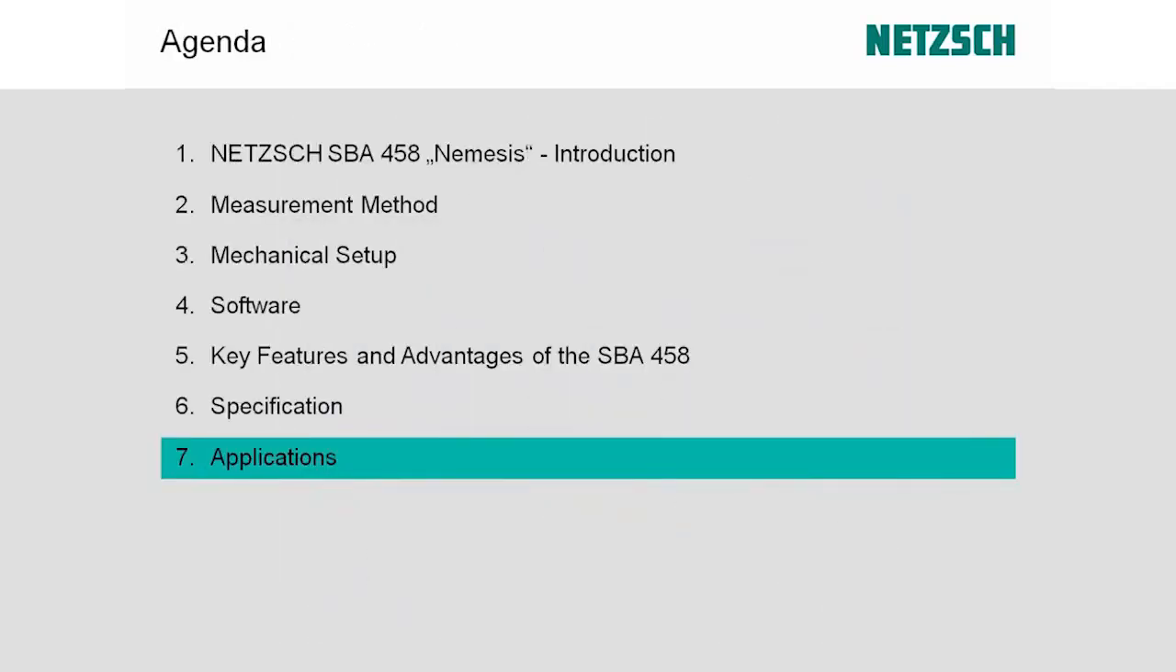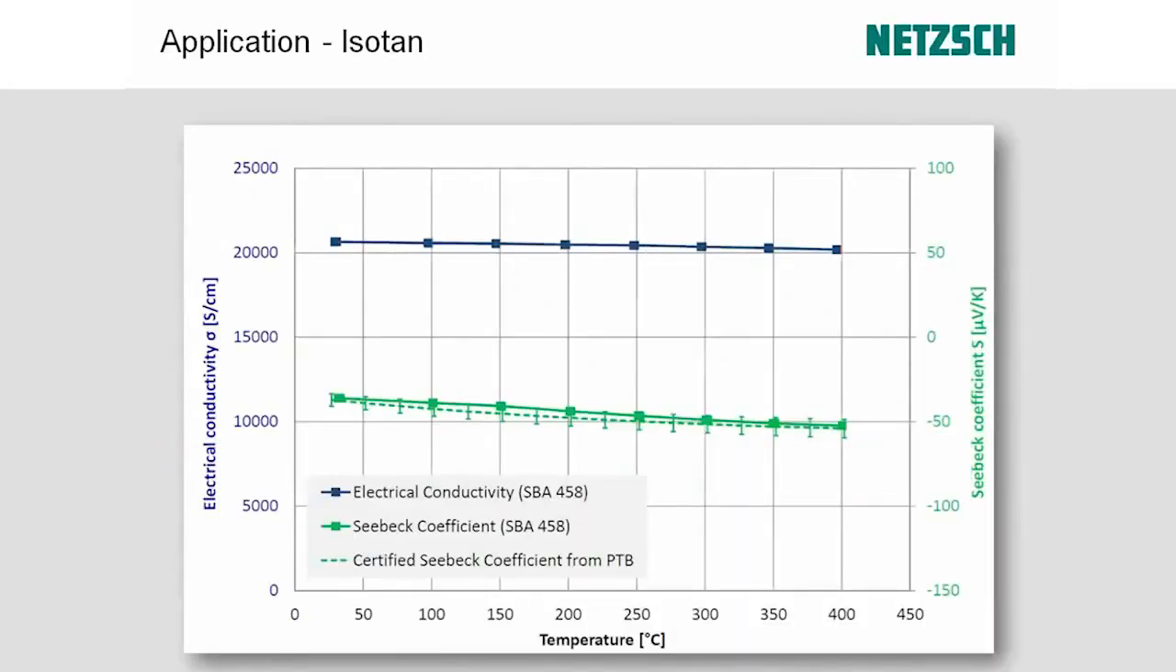Okay, so finally we're going to look at a couple of applications. This example is on isotan. This is an alloy similar to constantan, which is one of the thermal elements for thermocouples such as type E. And we're showing measurements from room temperature up to 400 C for isotan. You can see the electrical conductivity in the range of 20,000 Siemens per centimeter. And the Seebeck coefficient here ranging from about 40 microvolts per degree, decreasing down to about 60 microvolts per Kelvin,